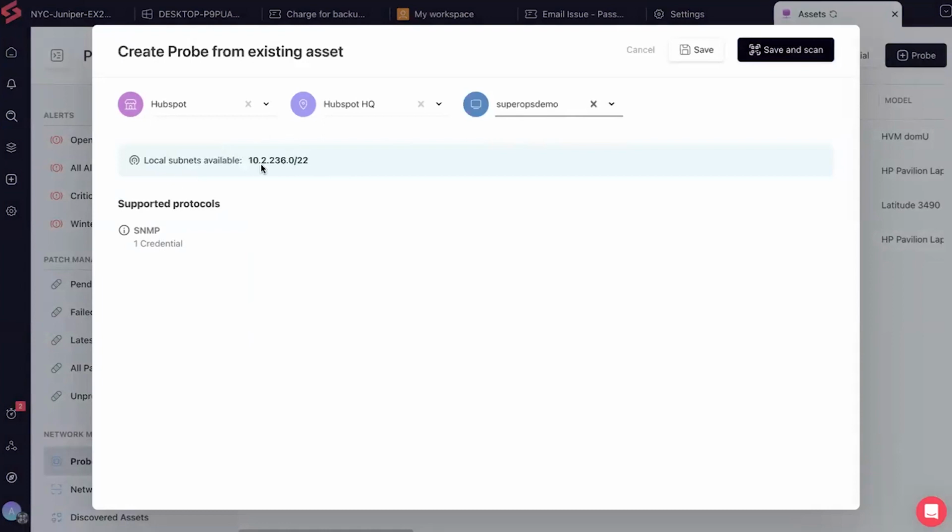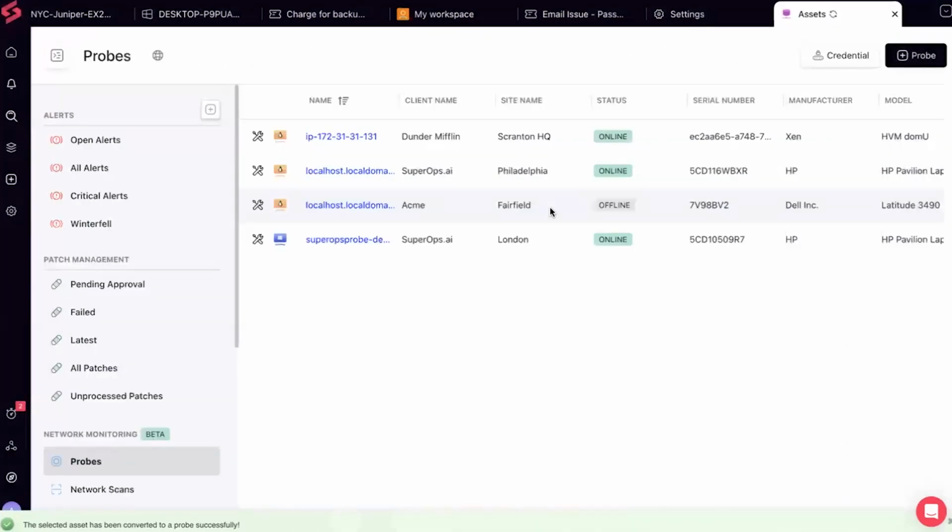And immediately we pick up the local subnet that this particular asset is present on, and also the credential that I've entered for this particular client and site. So all of that has been picked up. Here you could save it, or you could save and scan. What we mean by scan here is the discovery, where using this probe and the credential you've provided, we go and scan this entire subnet to find all the network devices that are available. So once we initiate a scan there,